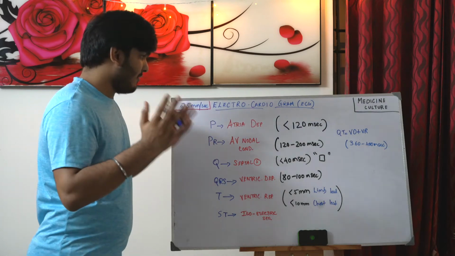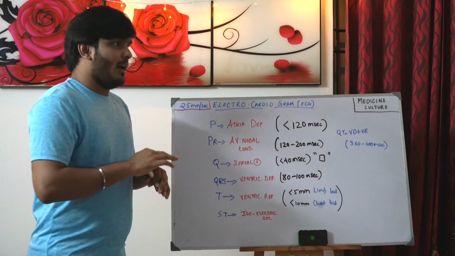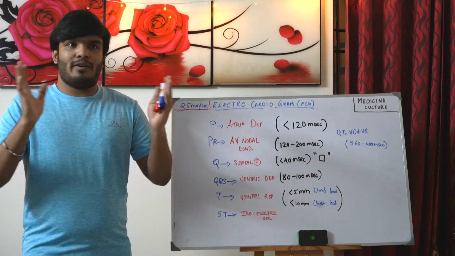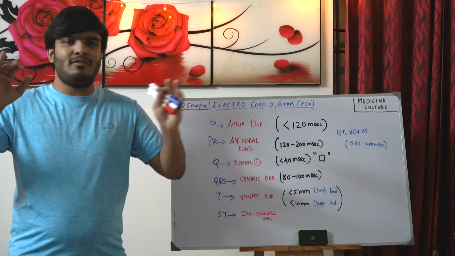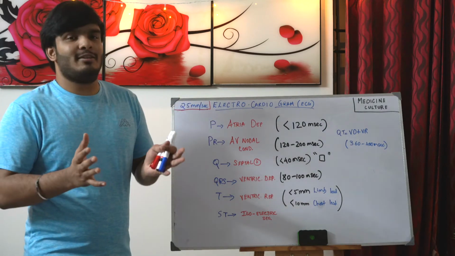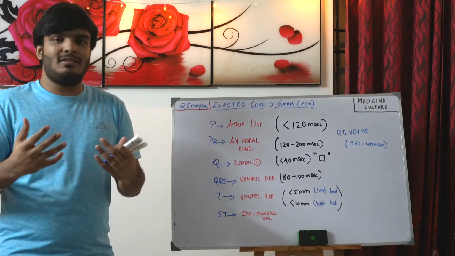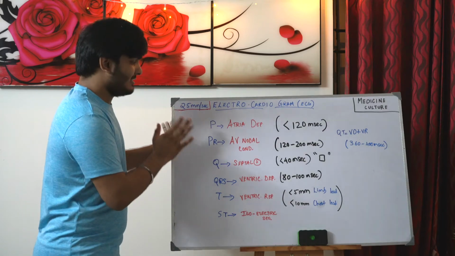In this 800 milliseconds, the impulse finishing on the ventricles will be by about 300 milliseconds. So the current finishes by 300 milliseconds, and between these 300 milliseconds all these things should happen. That's where we see a person is normal, and that's how a heart is functioning. So let's start from the P wave.